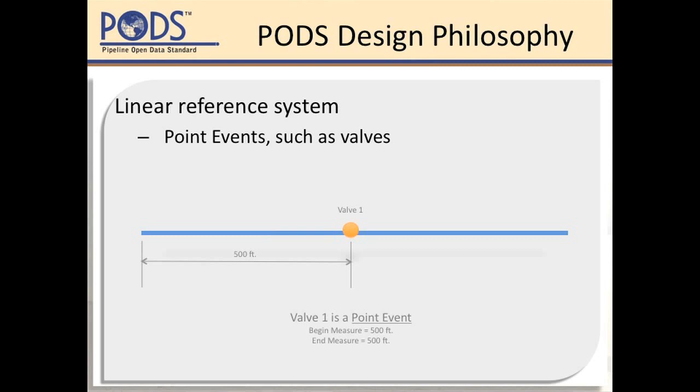So you can have points or you can have lines that represent things on my pipeline, and those are abstractions like Pete was talking about. So I might have a valve on my pipeline. That physical valve might be 4 feet long. It might be gigantic. But in the database, I'm just going to say that it's a point. It exists at exactly 500 stationing. Or it might be a casing that goes 50 feet across a road, and it's going to go from 500 to 550. So you have that abstraction of its location in the system. So the other part of linear referencing